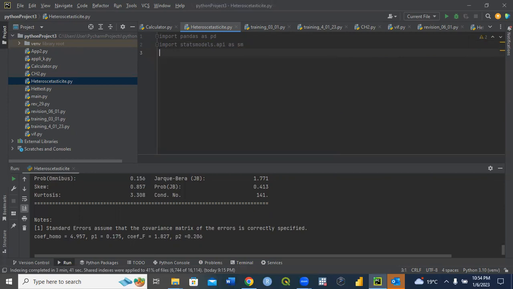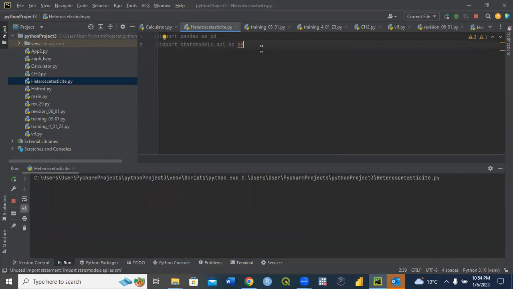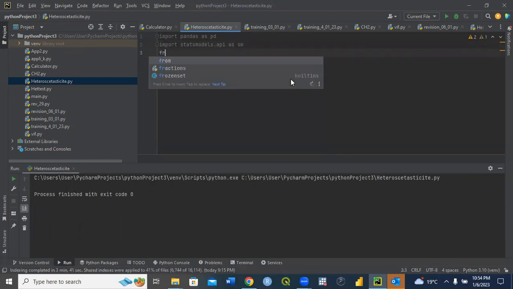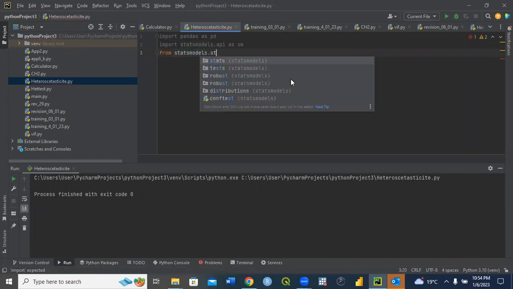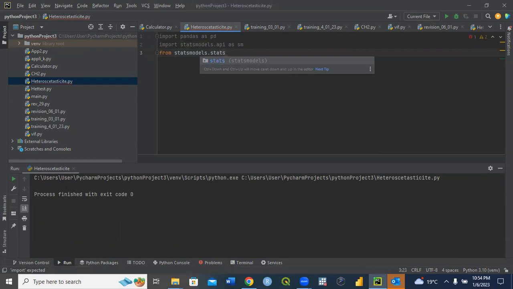Let us run what we have here first, and then come to import this one. Whenever you run and the process finishes with exit code 0, it means that whatever you did was correct. Then from statsmodels.stats